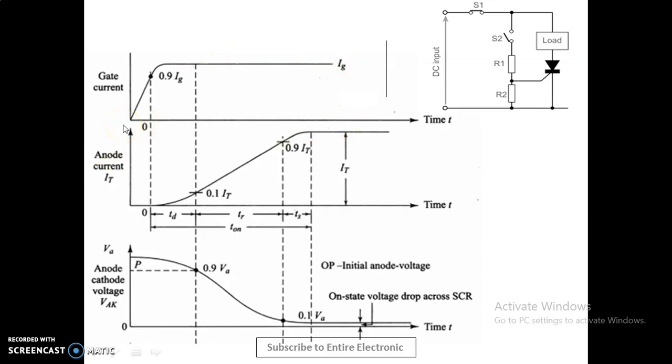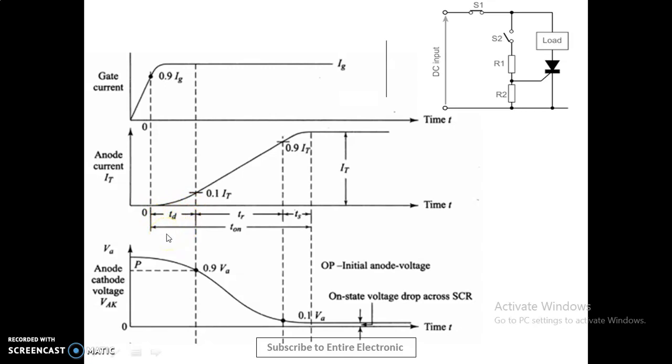Once this gate pulse gets applied to the SCR, it does not start conducting instantly. That is, it does not achieve maximum anode to cathode current. Turning SCR on means we just have to flow current from anode to cathode. Once the SCR is supplied with a forward gate current pulse, it takes some time to build up charge across the gate region. This charge build up time is also called the delay time.